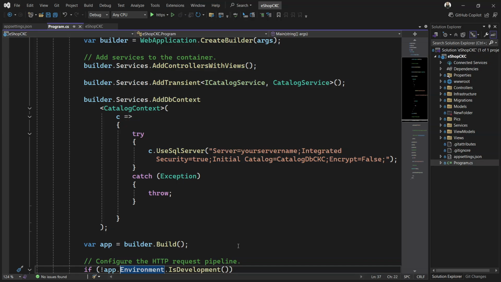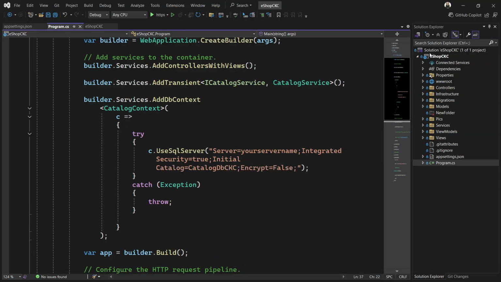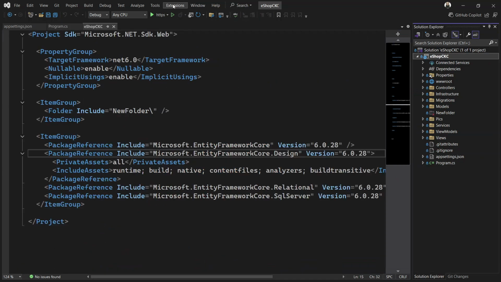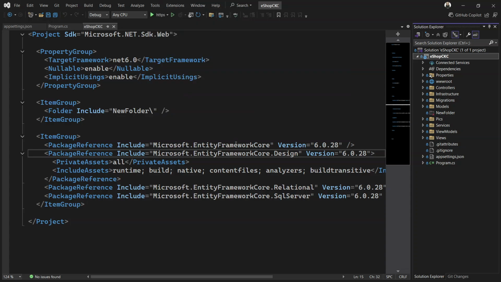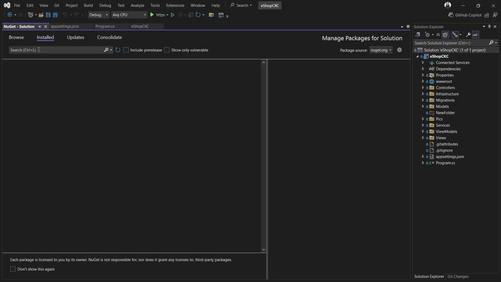So just wait a minute. Prior to that, let me do one thing. Let me go to the NuGet Package Manager. Inside the NuGet Package Manager, I'm going to search for